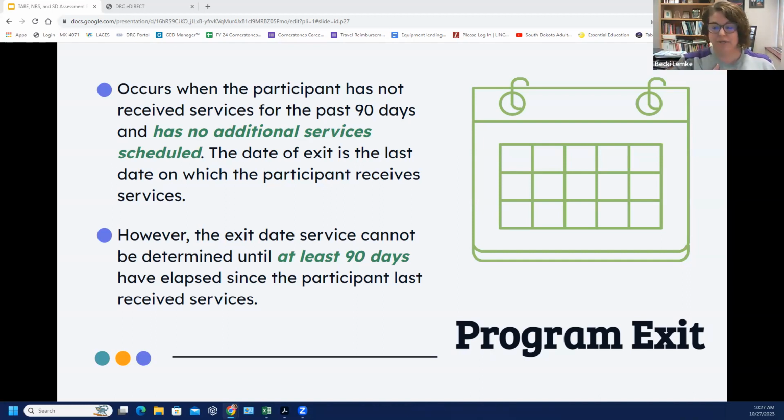I can say, I know they're not coming back, I'm going to mark them as left, but LACES doesn't recognize that they're gone until that 90 days has passed. Once they hit day 91, the period of participation is ended, and then they go into that follow-up period where John Anderson's going to get their information on employment and wages and that kind of thing